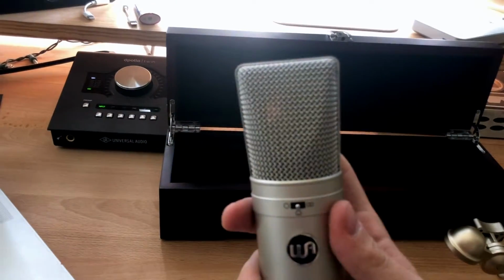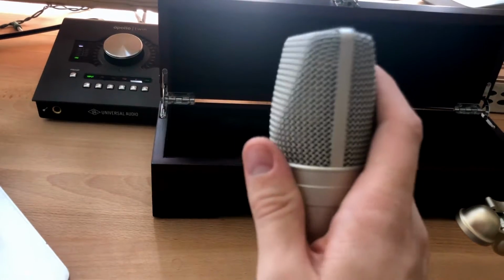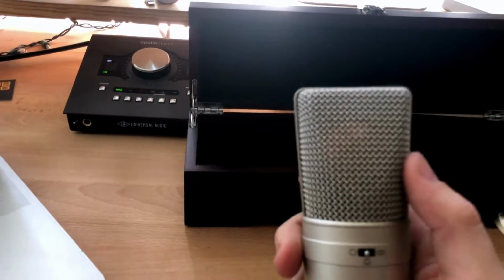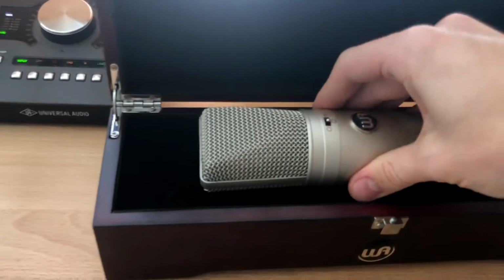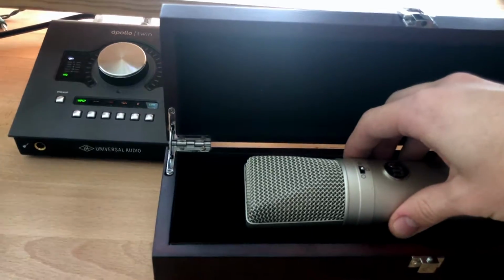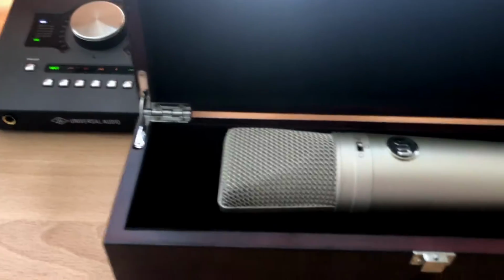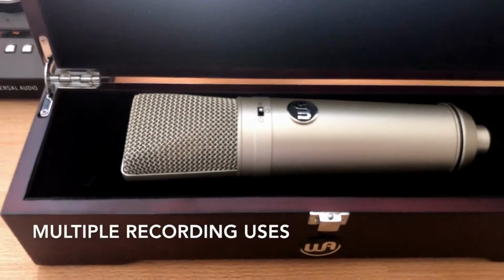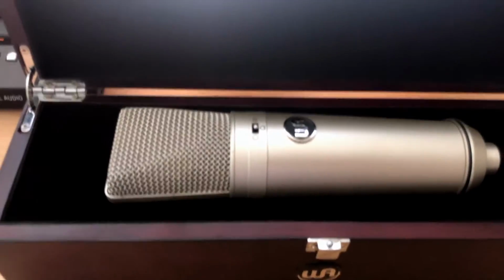The capsule on top is really, really nice looking. I mean, it definitely has that vintage style look to it, which I love. And it's nice and big. It picks up a ton of sound, which is what you want in a condenser microphone. You really want it to pick up all those little characteristics and nuances. Especially if you're recording vocals or acoustic guitars, which I've used it for all of those. I've used it for violins as well,